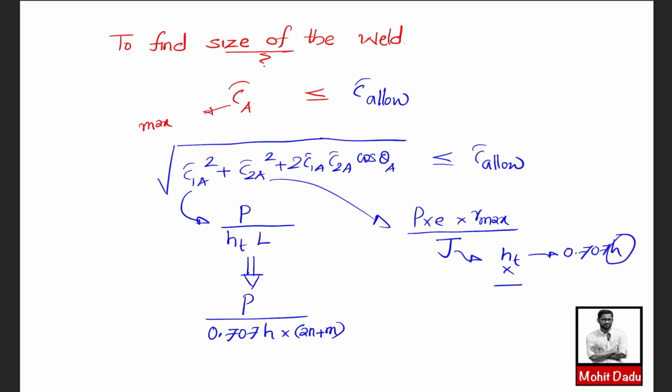So anyway, in τ1A and τ2A, finally this H variable is coming. So H is actually the unknown, so you can equate to τ allowable, and finally you can find the value of H. So this is the size of the weld that you can evaluate at the end of the problem. Usually these questions ask you to evaluate the size of the weld, or H in mm. So this is the design procedure for this kind of eccentrically loaded welded joints. So hope you understood, and now we'll be seeing the equations given in the data book for a specific figure.